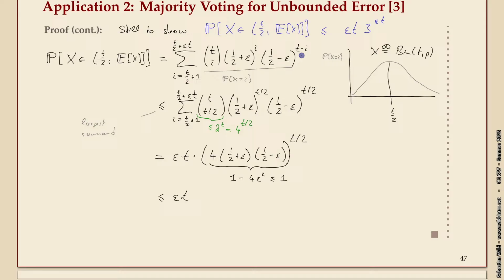Maybe it's just that I was generous here. I think I was overly cautious back then and upper bounded not the entire summand by the largest summand, but the individual parts. So this part is biggest for t/2, this part is biggest for the other extreme point for i, but I don't see why we would need that. So it should be fine. And so the argument is slightly shorter.